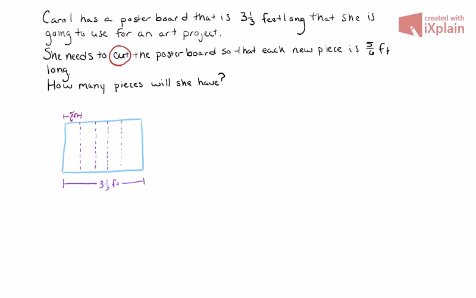But what I'm noting here is that the narrative does say something about cut. So I'm taking something that we could consider a whole, this whole poster board, and I'm going to cut it into pieces. Or in other words, instead of cutting, we could say I'm going to divide it into pieces. So this might be the best approach. I think, based off of the wording and the image that I've created, that I have a division problem. So in general, when we're laying this out, I'm going to take my whole value,